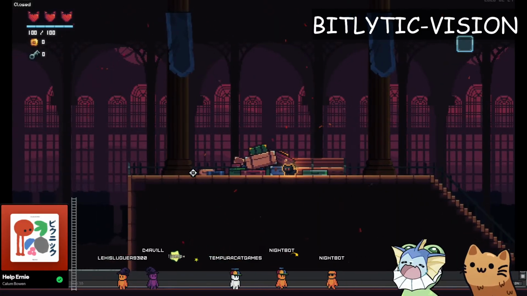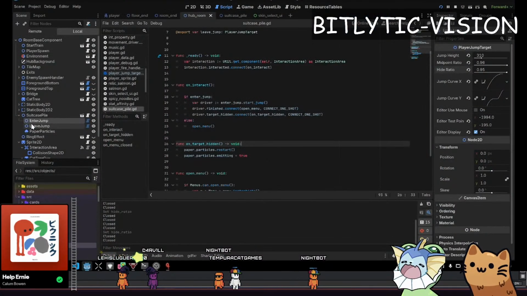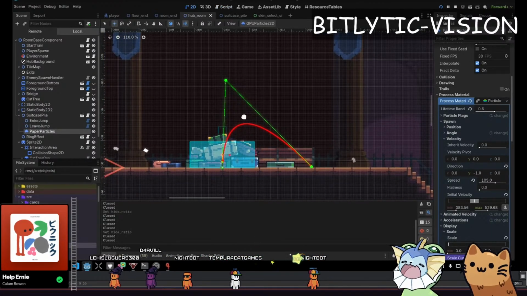Honestly, dude, you can just emit the particles whenever you go into the suitcase. That's fine. Also, they are really slow. I don't know why they felt like they were way faster in the editor, but